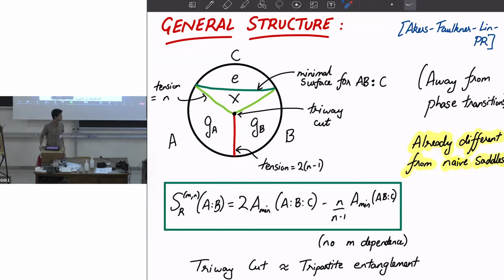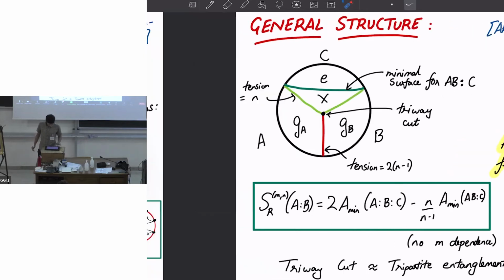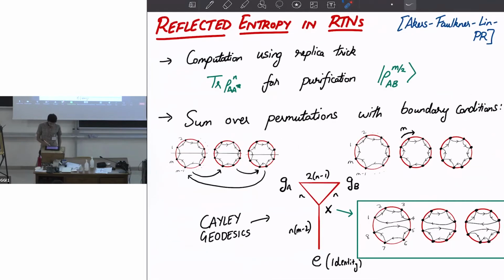Oh, sorry. Yeah, that's a good question. So the question was whether this X breaks replica symmetry. It's not exactly, I mean, if I just go back to this picture, it's more symmetric than either GB or GA. So I don't know if there's a sense in which it breaks replica symmetry. It's just a different saddle from what had been considered before. There are other instances, like for example in the entanglement negativity, where replica symmetry breaking saddles become important, but I don't think there's a sense in which this is replica symmetry breaking.